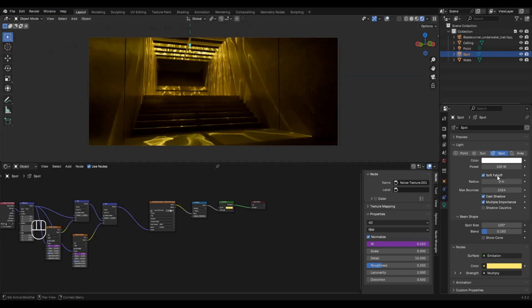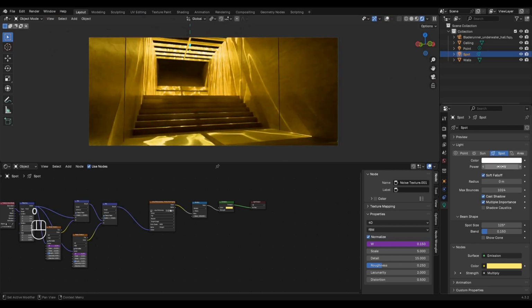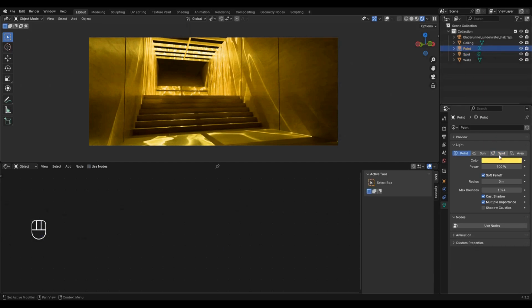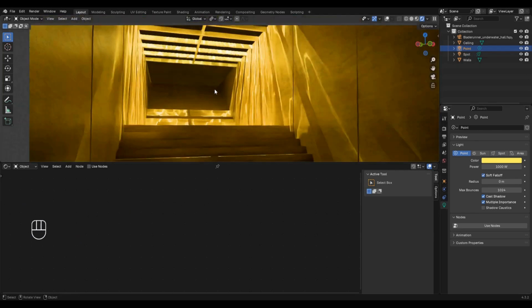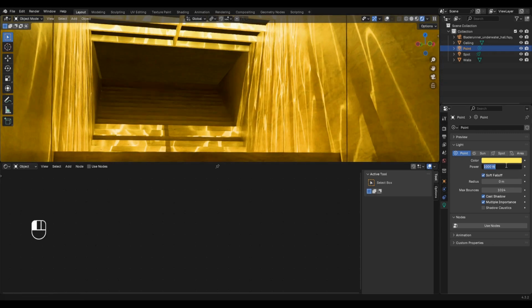Select the spotlight and set power to 400. Select point light and set power to 1200. Let's see the result. Press spacebar.